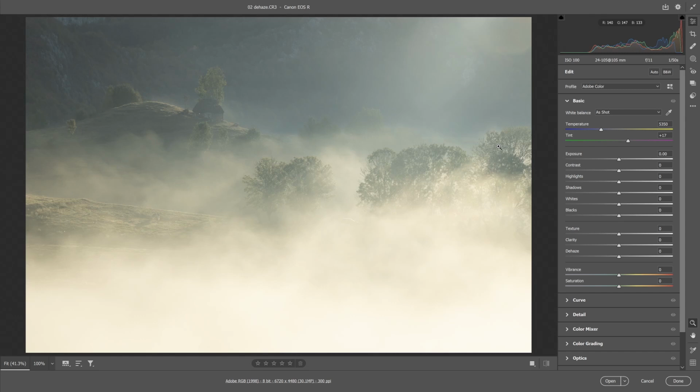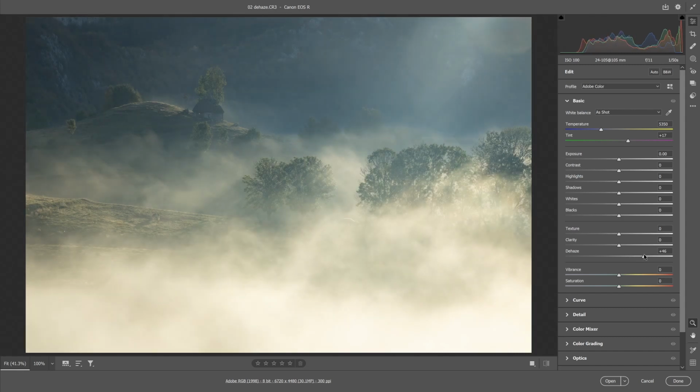That complete loss of contrast, and the fog having the entire landscape surrounded, and the light that comes from the background that lights up the fog. Now, if I go with the dehaze and I start to increase it, up to a certain point, it can work in my favor, but